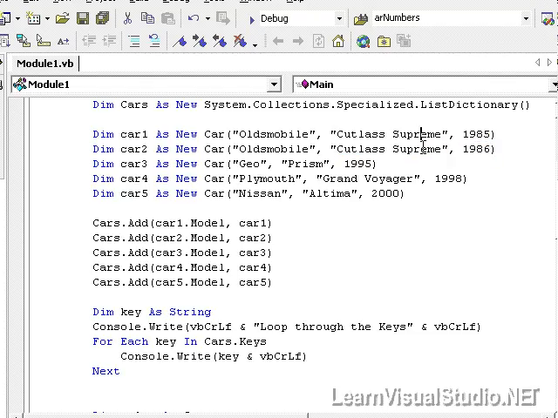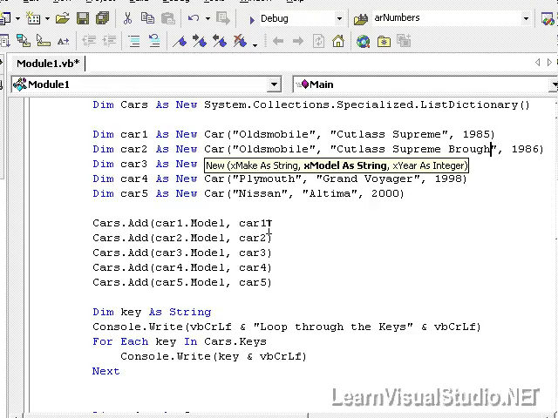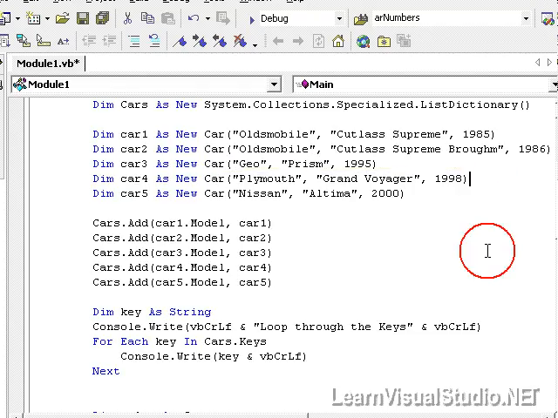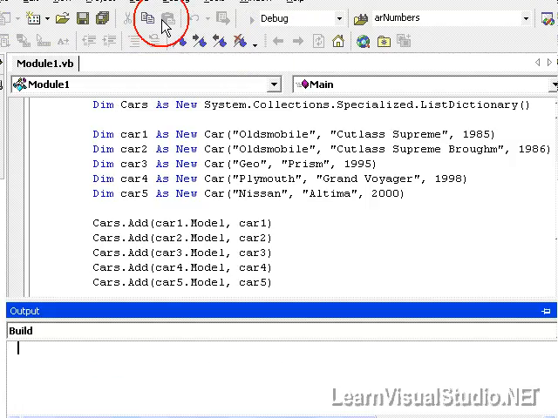So these 2 are not unique, and we can't add them to our list dictionary. So what I'll need to do is add on that this was a Brome model, and then we will try it again. Let's go and build our solution,